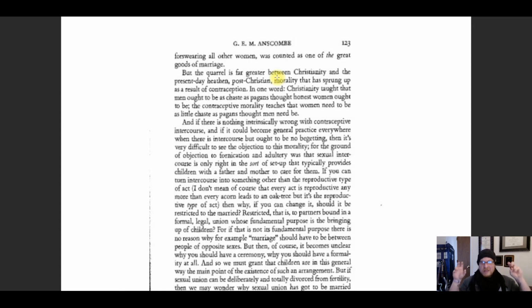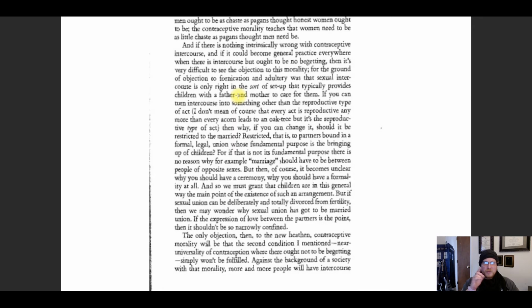But what modern morality, she says, post-Christian morality divorced from the natural law, has done is actually encourage everyone, including women, to be unchaste, to engage in sexual activity divorced sometimes from marriage itself and certainly from reproduction. Listen to what she says here to that end. And if there is nothing intrinsically wrong with contraceptive intercourse, and if it could become general practice everywhere when there is intercourse but ought to be no begetting, that is, producing offspring, then it's very difficult to see the objection